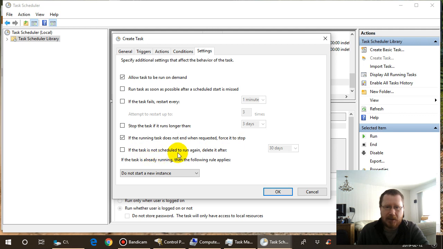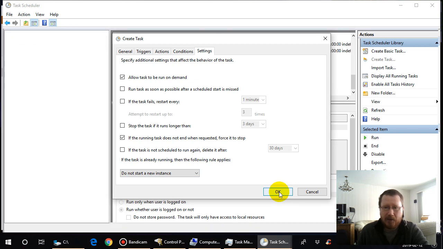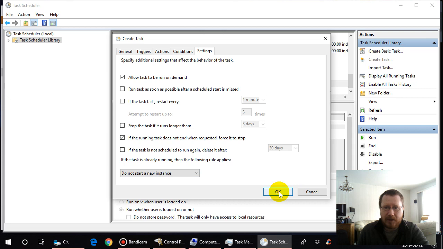If the task is not scheduled to run again, delete it after 30 days. We don't need that. If the task is already running, then the following rule applies: do not start a new instance. That's a fine option to have for us, because we expect the task to execute and be done with it. So I click OK,